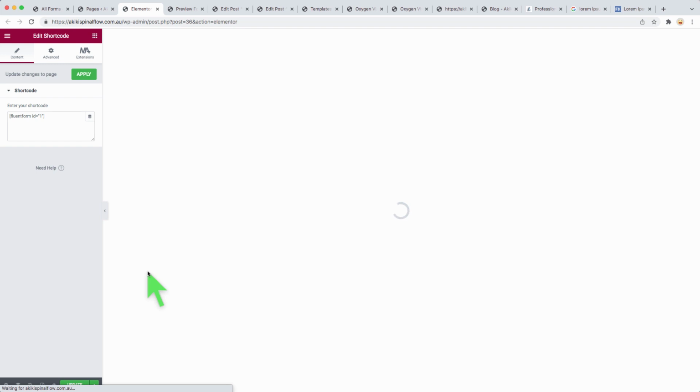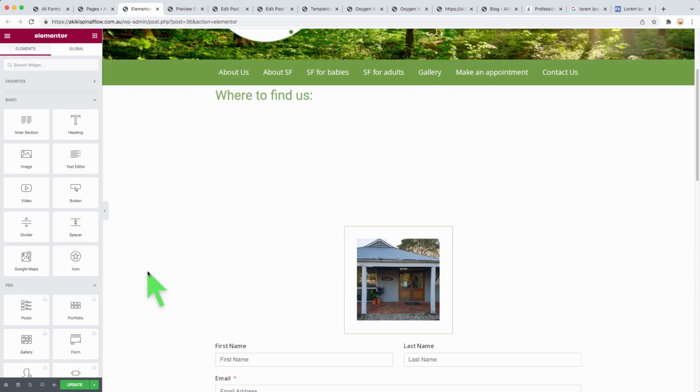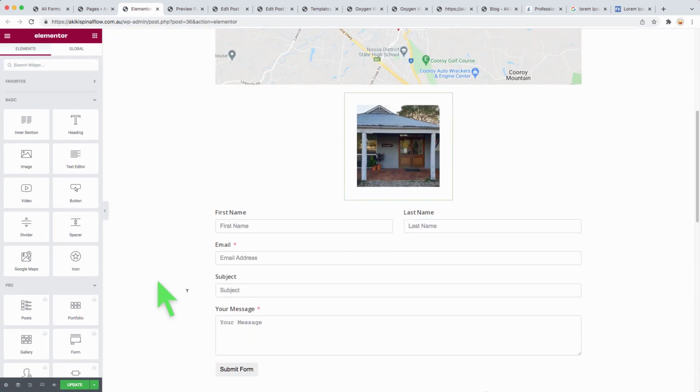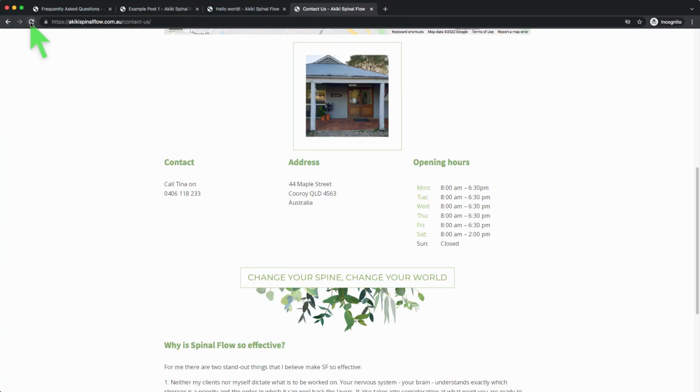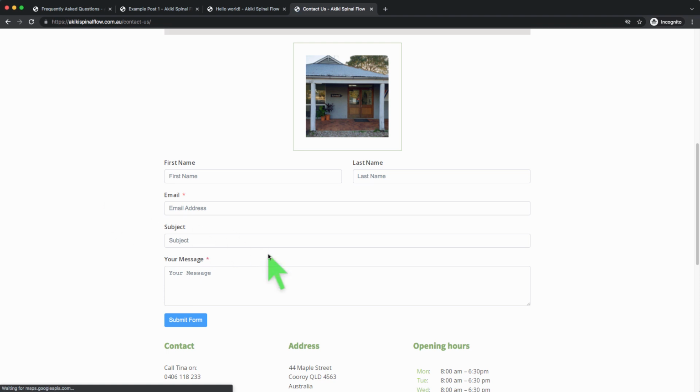It should give us the full contact form here. Yeah, here we go. Okay, so that's there, and update that, and let's have a look at that on the front end. So there's a contact form there. Okay, and those contact